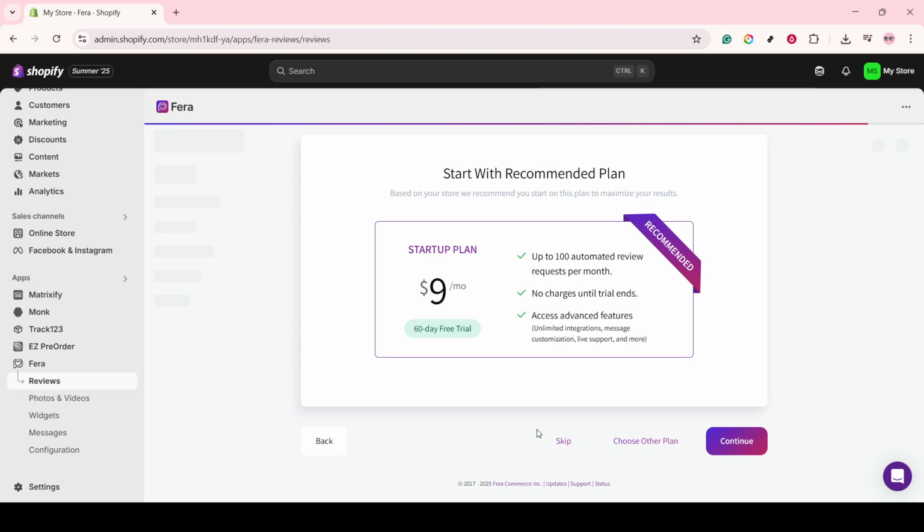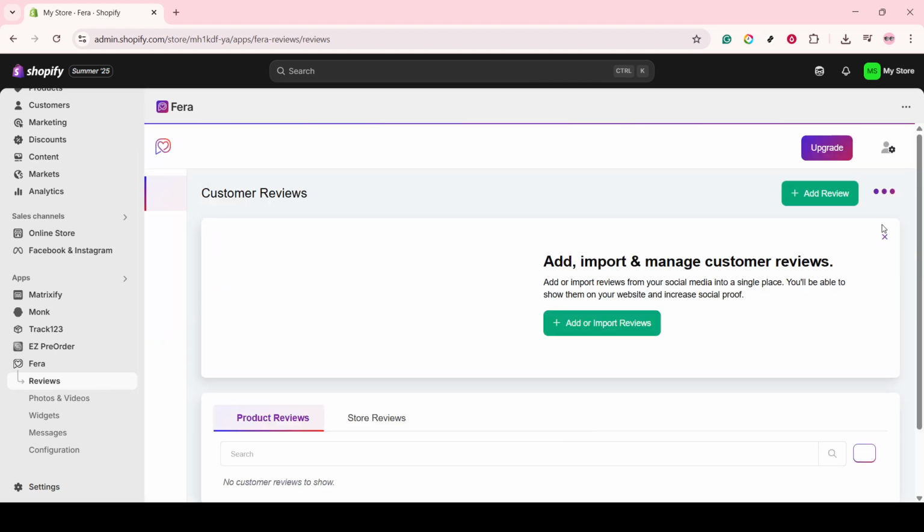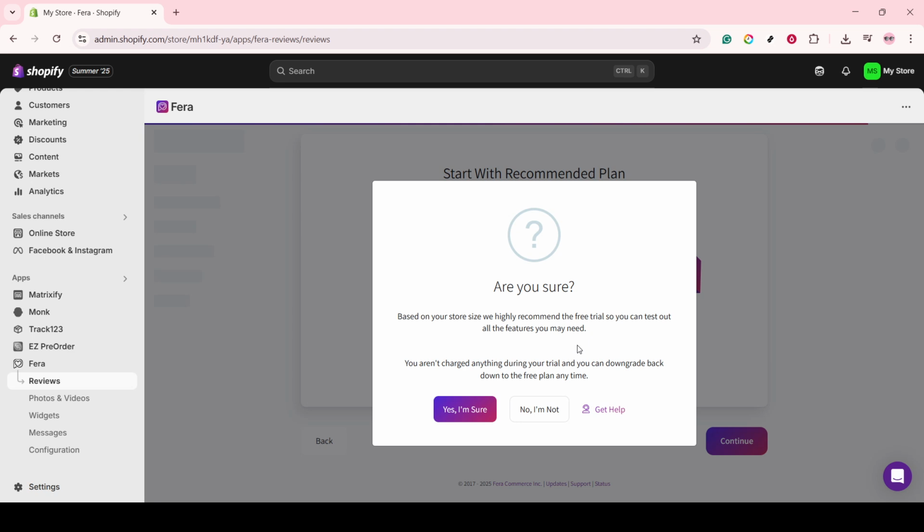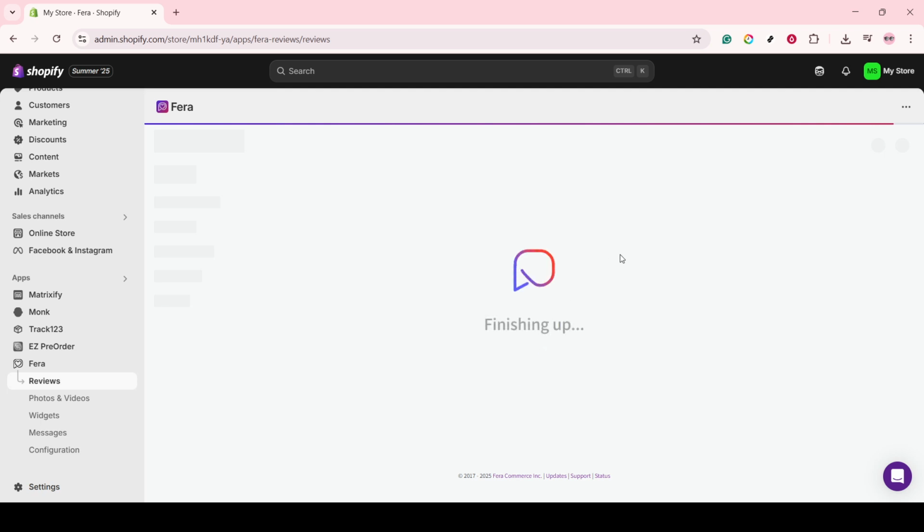Now, this is where Farah shines, giving you flexibility in how you choose to import and display reviews on your site. Click on Add Review, and you'll see several options. You can import reviews, write them manually, or ask your customers for them. For today's purpose, we'll be focusing on importing from Trustpilot, which is one of the options for the source of